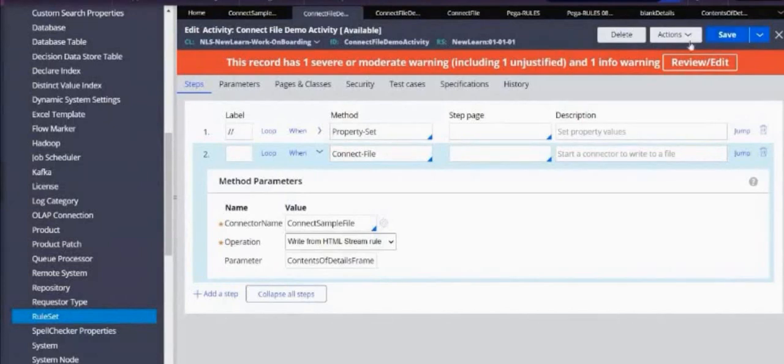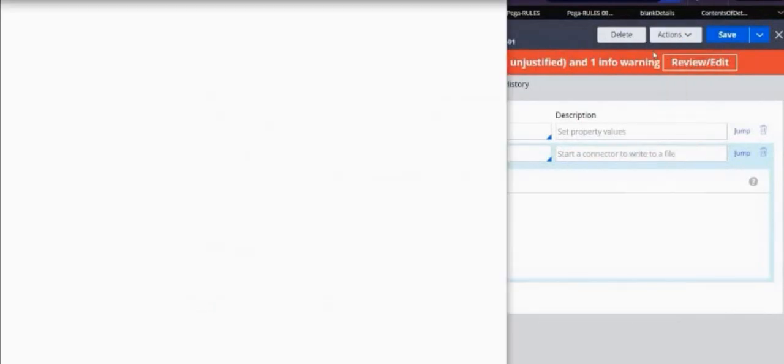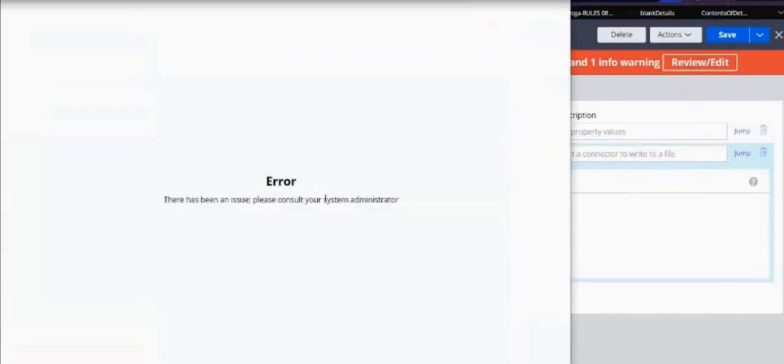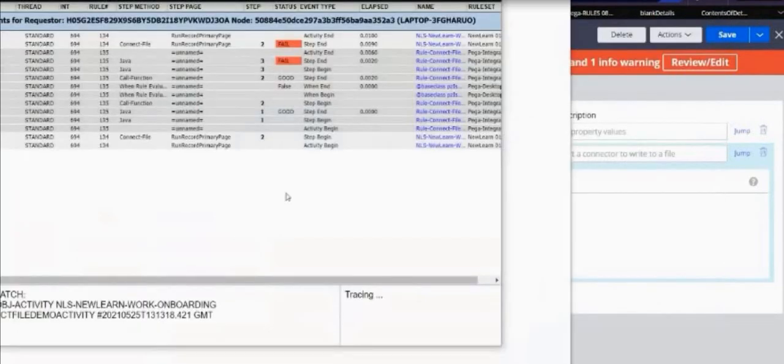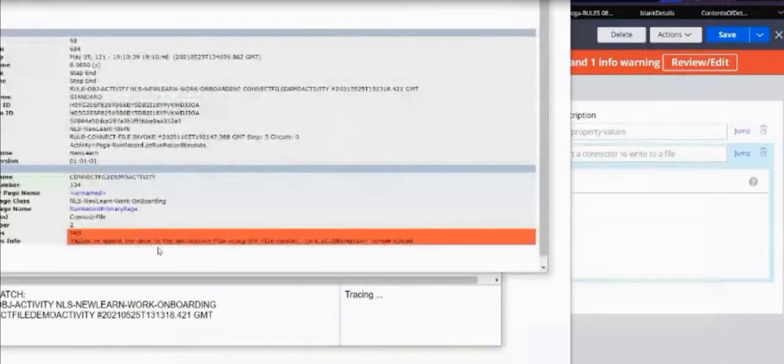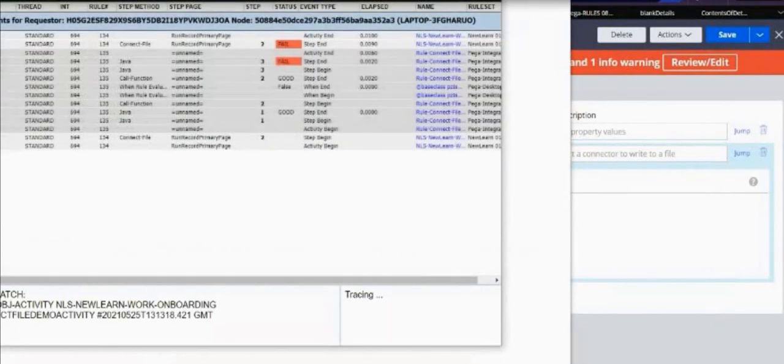Now it shows an error because it's already opened. File open will not be done. If you see the tracer also, you see that the stream is not closed. So what you have to do for this, again you need to write the connect file method.